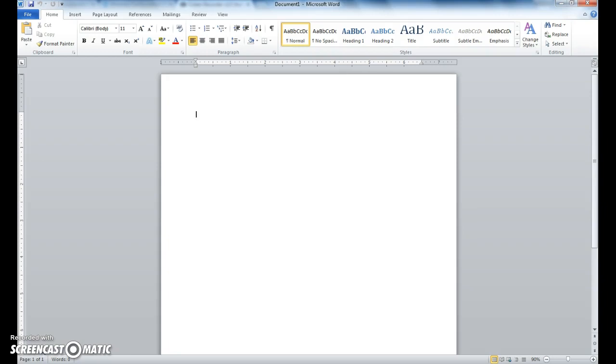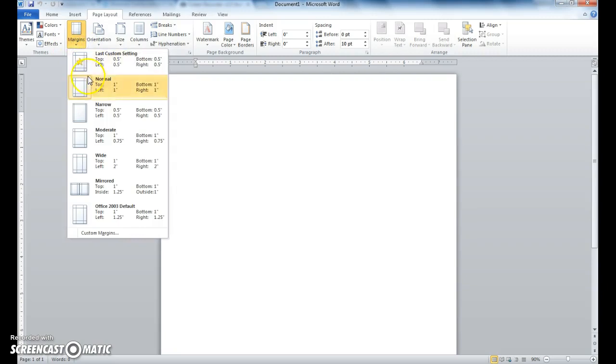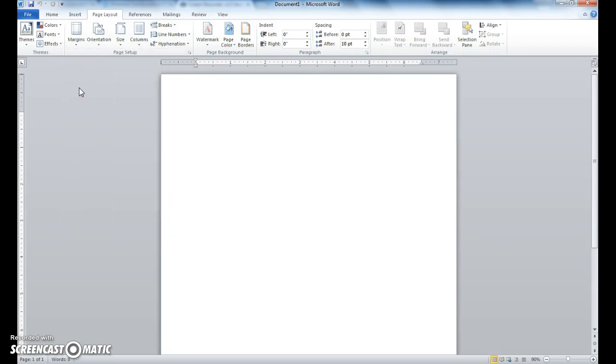So my first step is to make sure that my margins are correct. In APA style, I need to make sure that all margins are 1-inch margins. If you click normal, it will do that. Typically if you open Word, it's automatically set in 1-inch margins. Then I need to double click into the header,